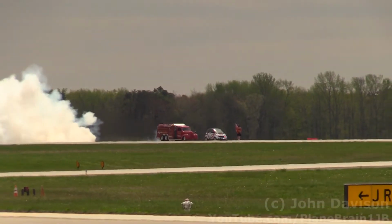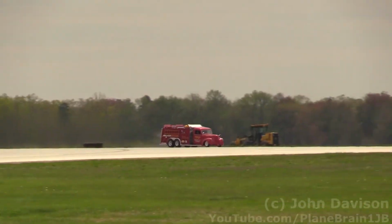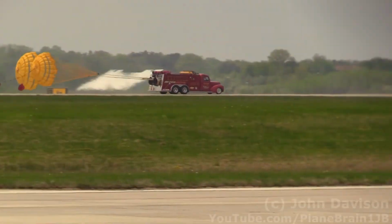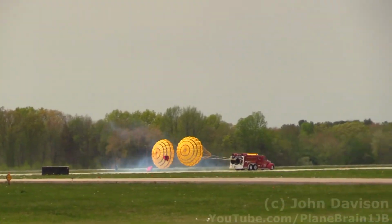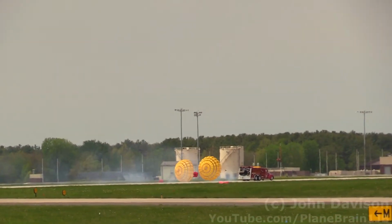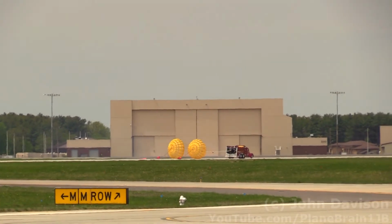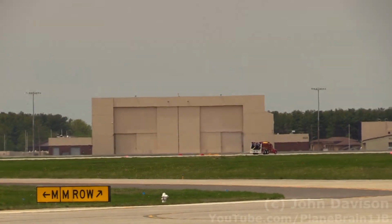Ladies and gentlemen, here he goes! Parachute pops out, and just that fast, he'll go from 350 to 250 in just 1 second. Wow, that is amazing. And we're going to get to see that. If you missed it, well, you're not out of luck. We're going to do it a little bit later as well. Absolutely amazing. Aftershock, jet-powered truck. Again, we want to encourage you when they get back and pull in,